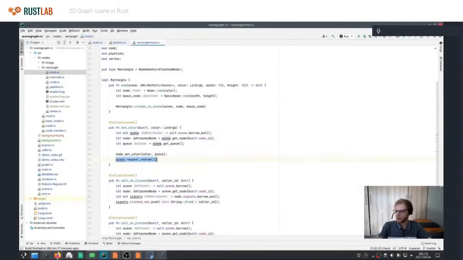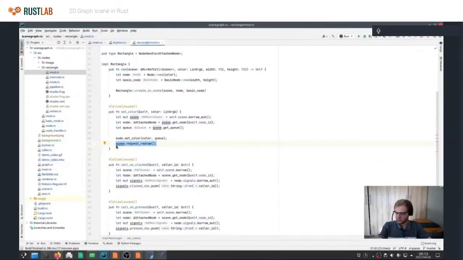After the color has been changed, I just tell the scene graph that we need to do a redraw. This doesn't actually force a redraw immediately. The scene graph only redraws when it gets a redraw event on the event loop. The first time you call this, it sets a dirty flag on the scene and puts a redraw event on the loop queue, and that dirty flag is only reset when the redraw actually happens.